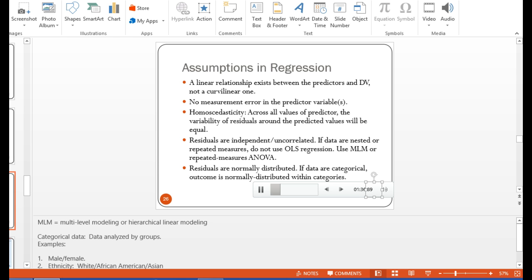However, there are other cases where data, and I should say knowledge, is still emerging on how to best deal with assumption violations. So measurement error in the predictor variables, I think, is one of those where there's still some uncertainty as to how to deal with it, because we know that we have measurement error in all of our variables. We have imperfect measures of our constructs. And so to the extent that that measurement error is impacting the veracity of our results, we really don't know